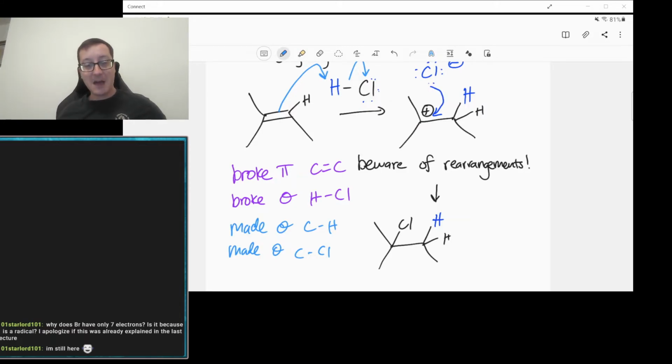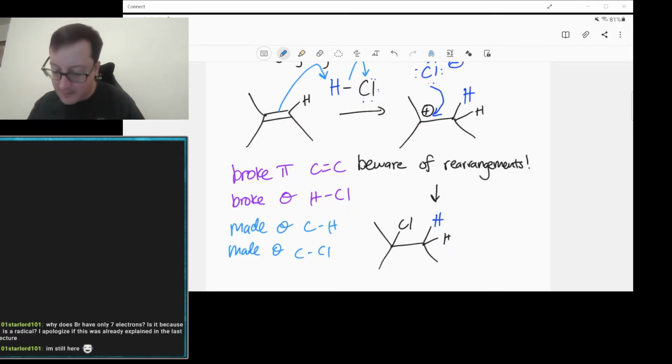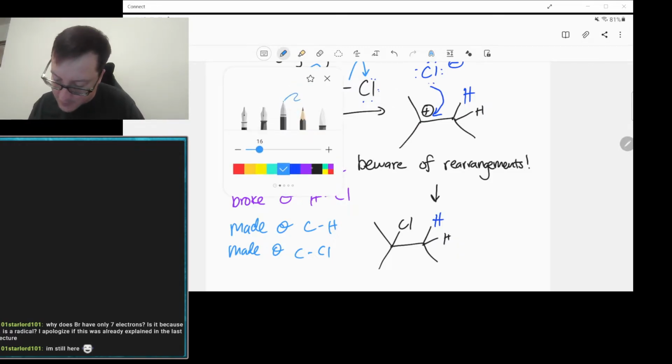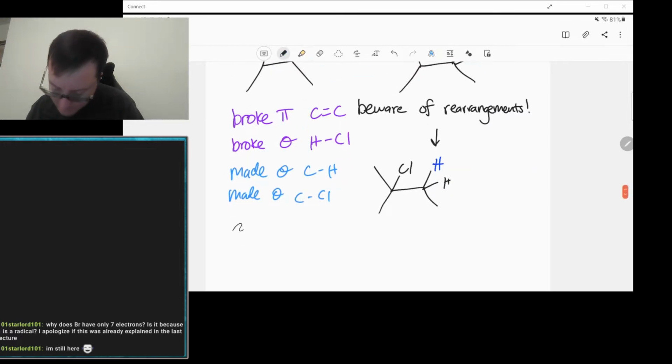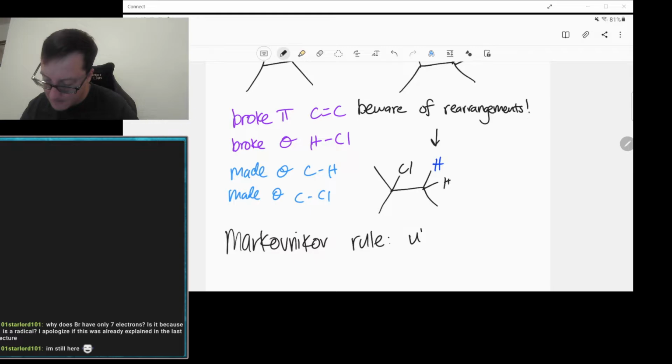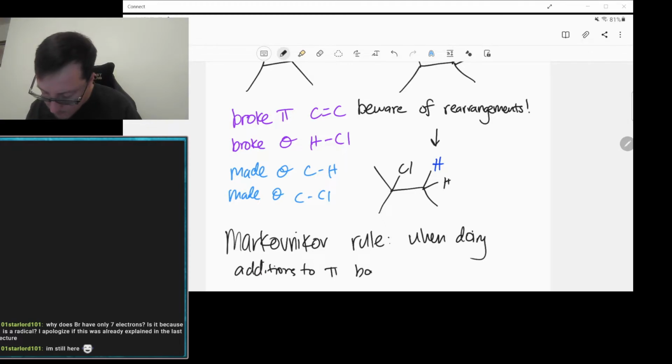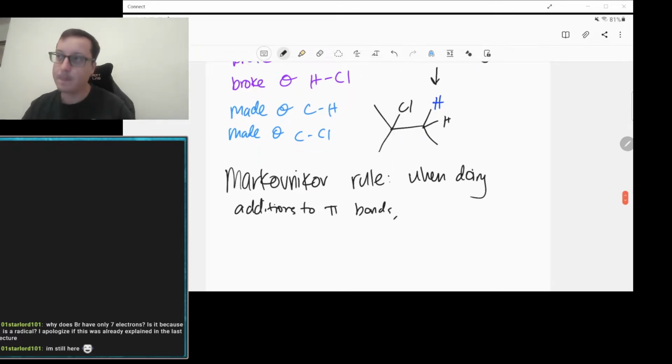So this thing happens. And it's going to happen such that we get what's called the Markovnikov product. This is the Markovnikov rule, that when doing additions to pi bonds,